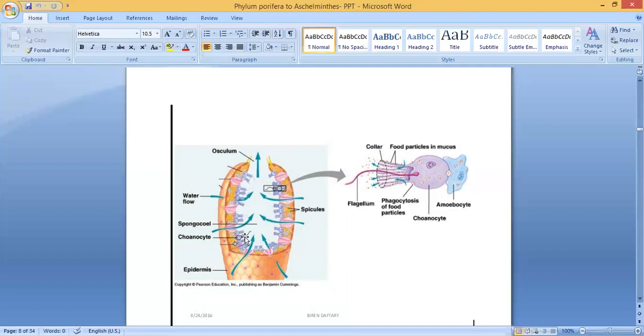Food particles are engulfed by the choanocyte, which I'll explain after this. What is a choanocyte? Even respiration and excretion, everything happens inside the body, and the water comes out through another opening known as osculum. Clear? So these are the openings. You can see the arrow marks they put inside. It means water is entering through this opening. They are known as ostia, and water is going outside through another opening, known as osculum. Clear?